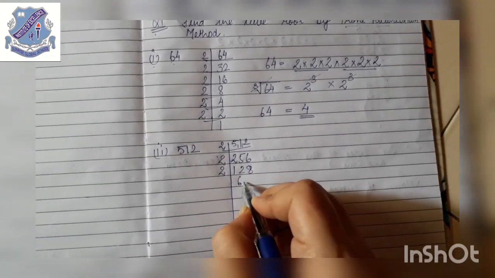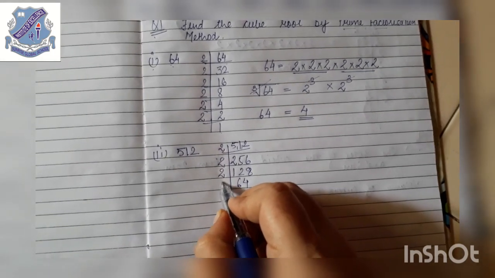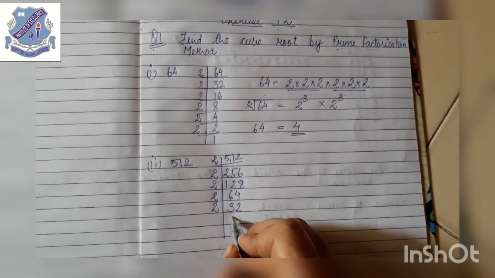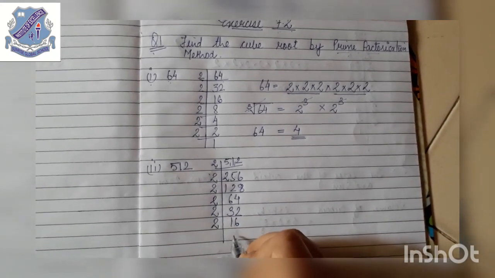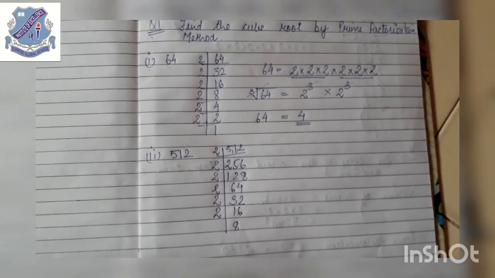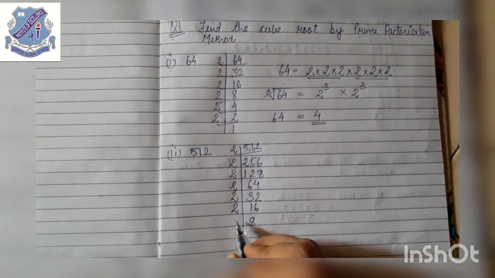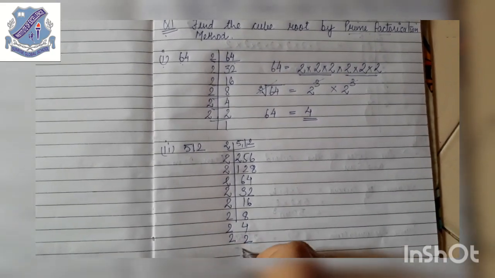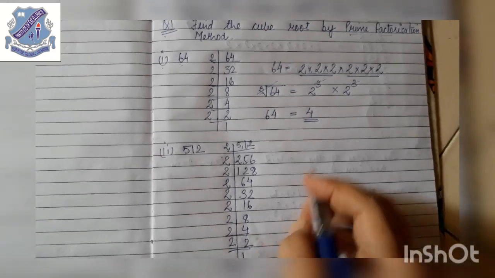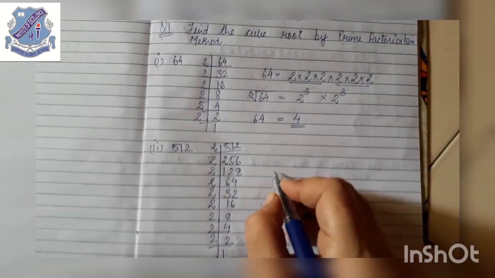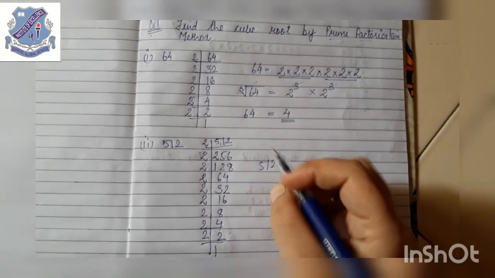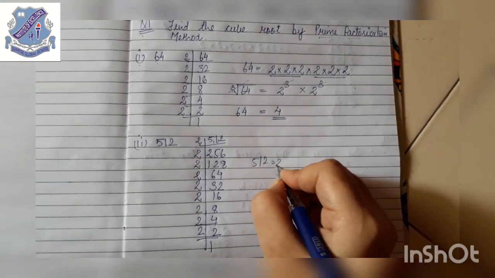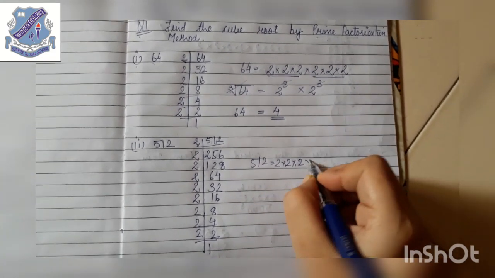Again this will be like 64, and this again goes like 2 into 32 will be 64. 64 divided by 2 will be 32, 32 divided by 2 will be 16, 16 divided by 2 will be 8. Again dividing 8 by 2 you will get 4, and dividing 4 by 2 you will get 2, and 2 1s is 2. Okay, so this is how we'll get the factors of 512. So we'll list the factors of 512 over here. You can see that there are 1 2 3 4 5 6 7 8 9, that is 9 times 2 you have to write over here.